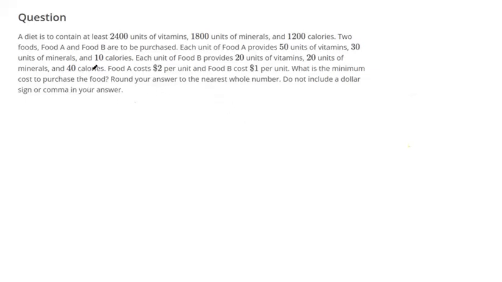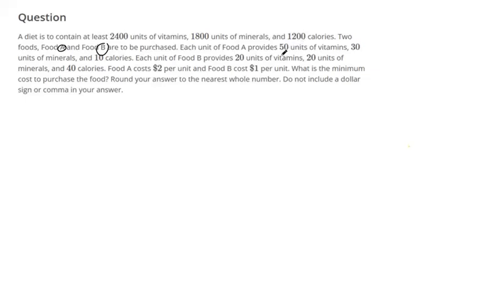So there's two things that really fluctuate in this problem. We can choose how much of food A and how much of food B we want to purchase. So we can call food A X and food B Y, or we could just call them A and B. That makes more sense. Nothing else really fluctuates. They tell us a whole bunch of information, vitamins, minerals, and calories related to them, but